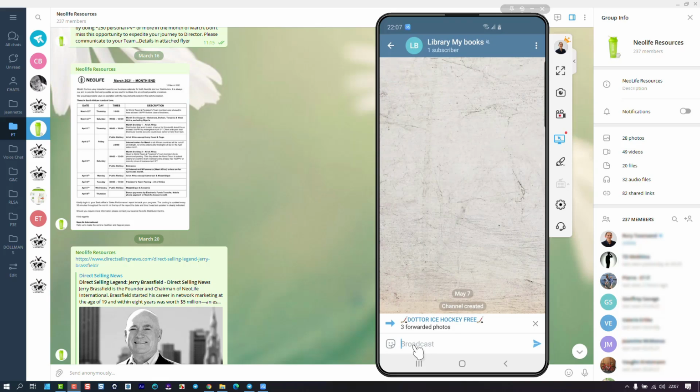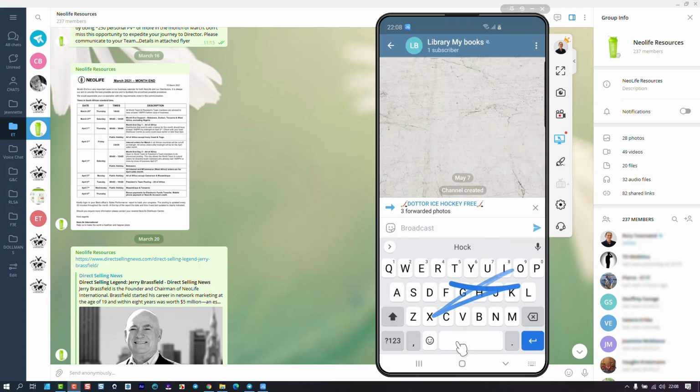And then it asks you if you want to possibly add a descriptor here, because you're going to forward from all different sources and different groups and different channels, and you probably want to know which things you pulled through here. So you could say this is hockey start, say that's your reference, and then you click the actual send. So now it's going to send it from that channel or group into the channel that you've created when you tap there.